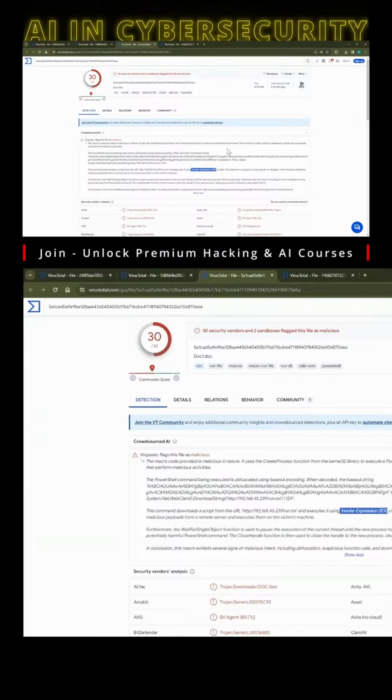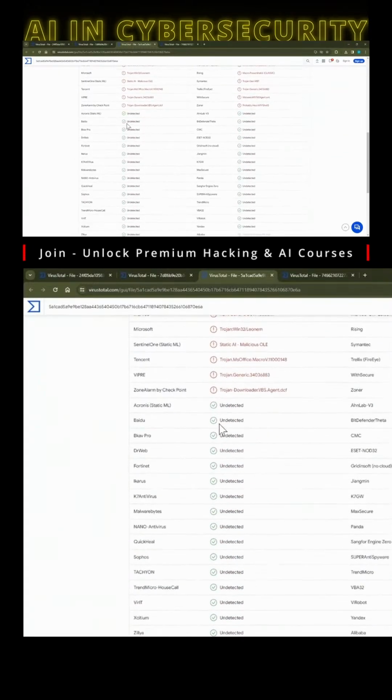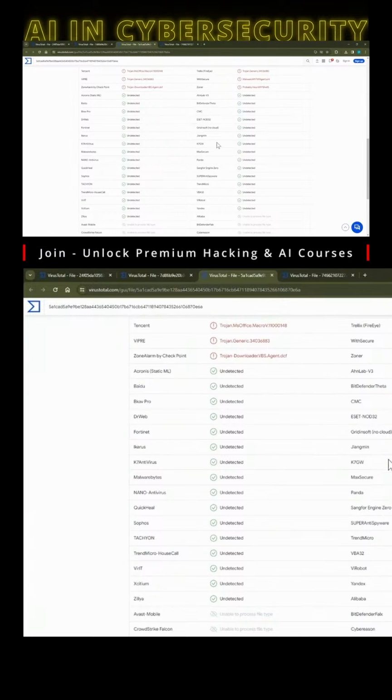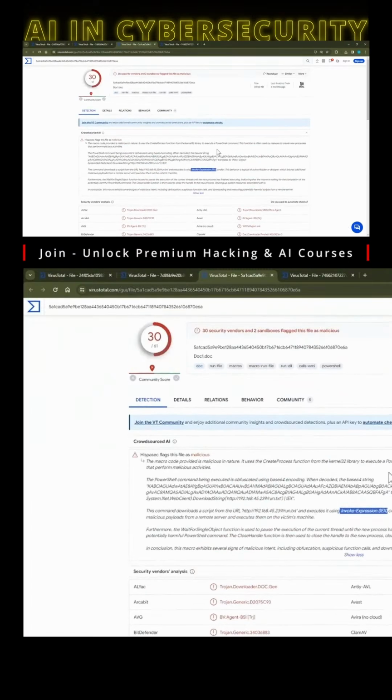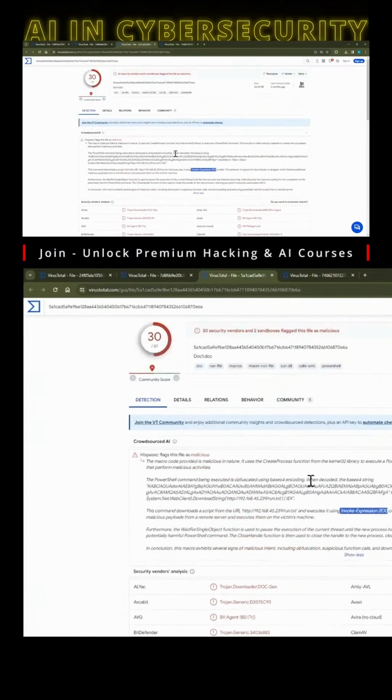So this is typical download dropper behavior, and we can see that it is being picked up by a lot of antiviruses, but at the same time, there's some other ones here that are not picking that up. Trend Micro, Sophos, Fortinet, they're not actually detecting this as being malicious. However, when we run it through VirusTotal, the AI is showing to be a tremendous utility in determining that it is malicious. So as these antiviruses go out and implement large language models within their systems,